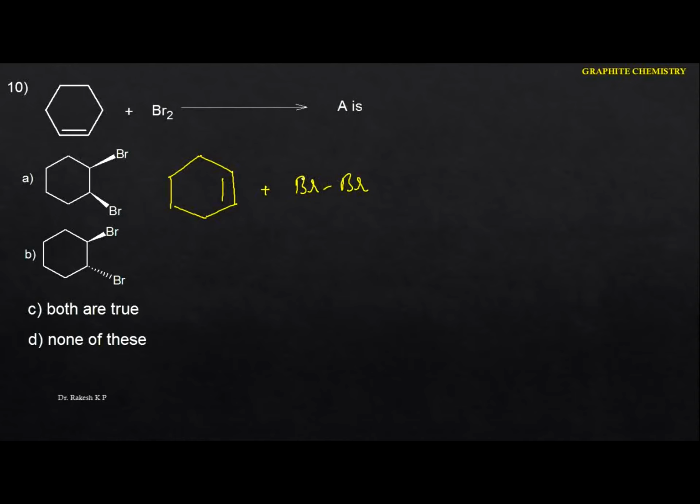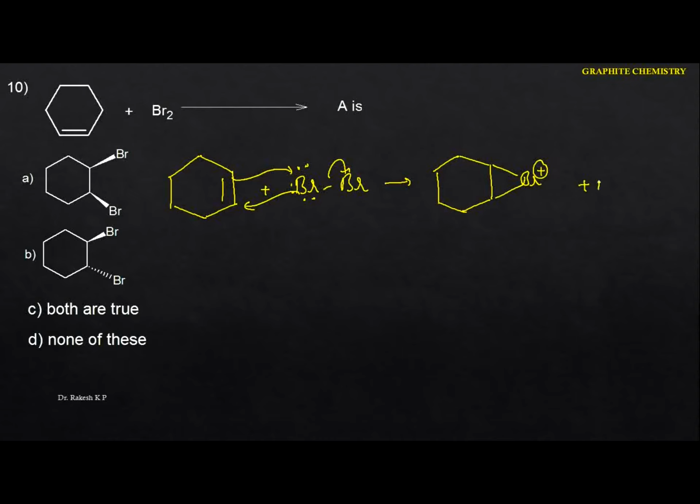If this is the delta plus here, we know that it contains lone pairs of electrons. That means we can identify 3 lone pairs of electrons in this one. So this will be donated to here, and this bromine comes out like this. Here we got the intermediate, which is the bromonium ion, like this. This is the Br plus.